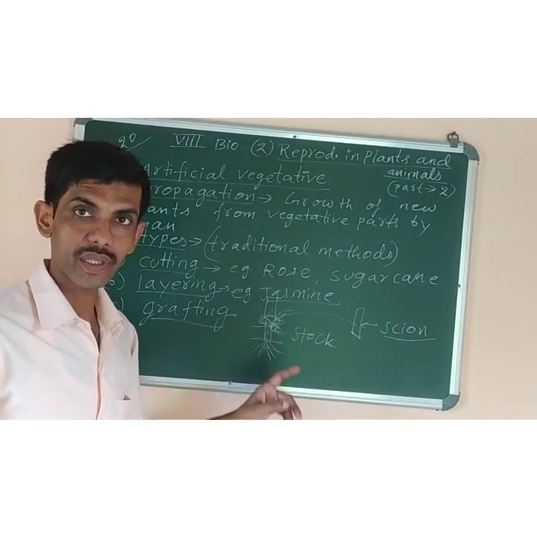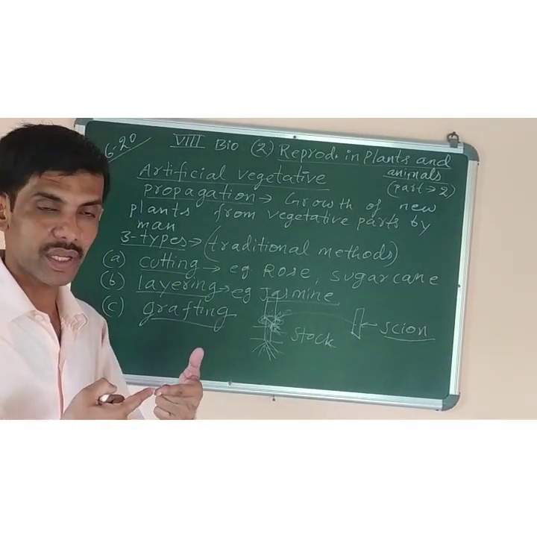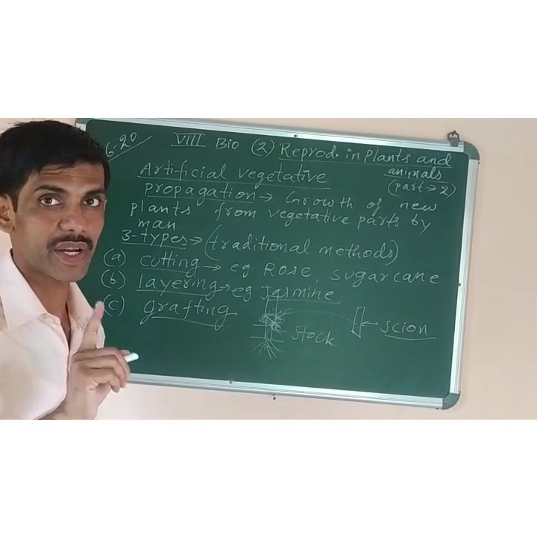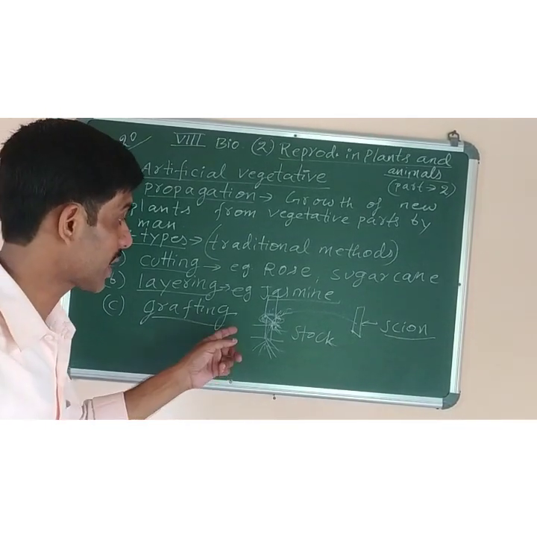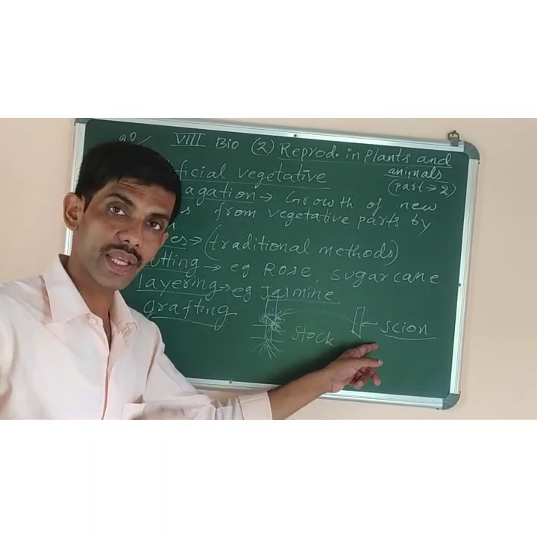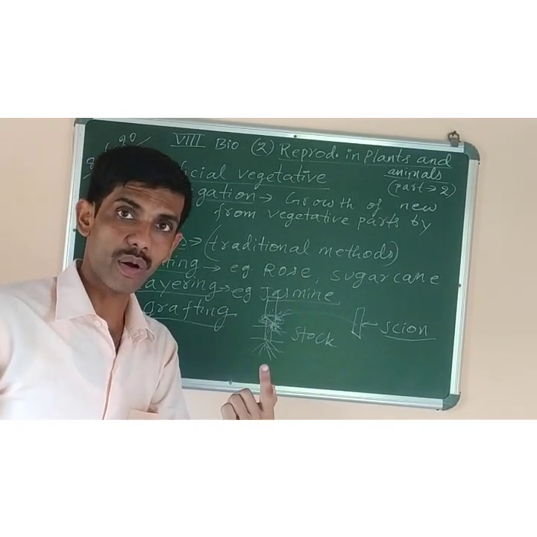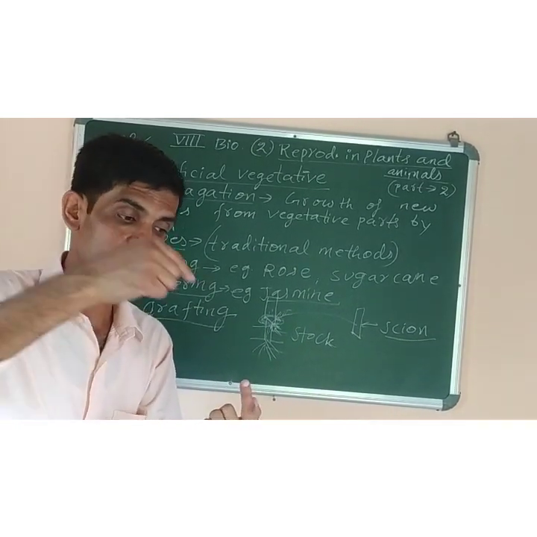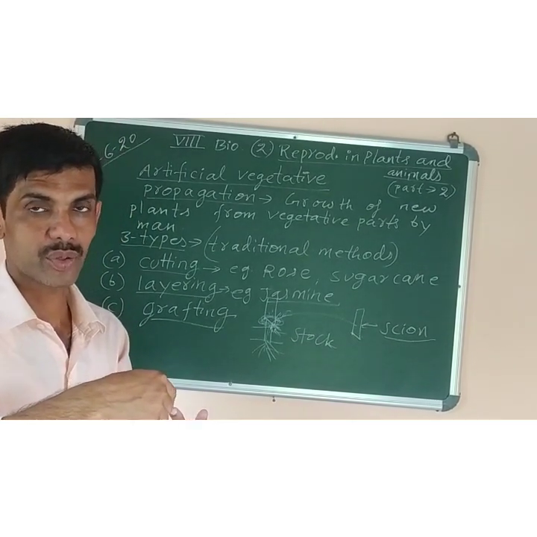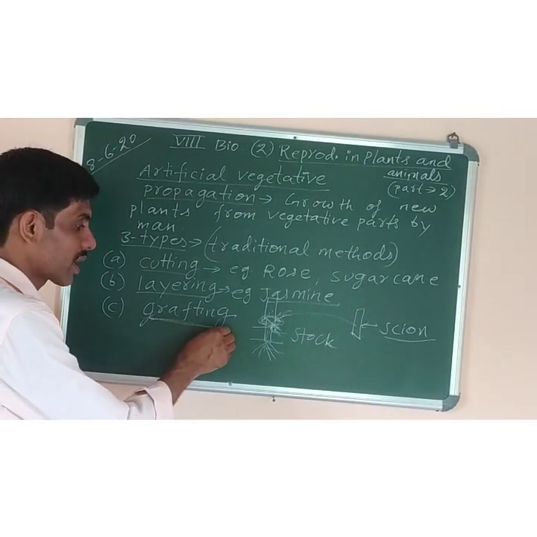So we can cut that plant and then grow it as a hybrid plant, which has characters of both the plants. So this method of growing a new plant by joining the stems of two different plants of the same species, not different species. That is, we have to take stems of the stalk and the scion. Both of them should belong to the same plant only. Like if guava, then guava plant only. We cannot take the guava plant stem and join it on the mango plant stem. That's not possible. Okay? It will not help to develop into a new plant. So this method of growing is called grafting.